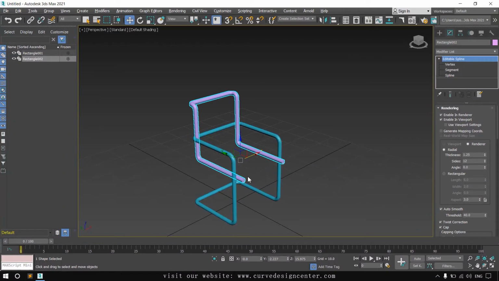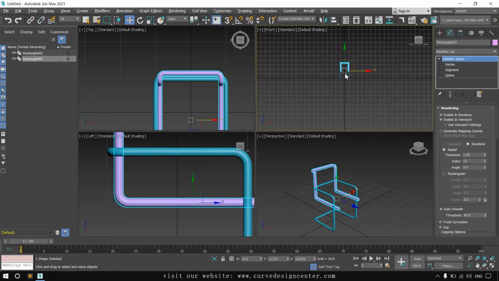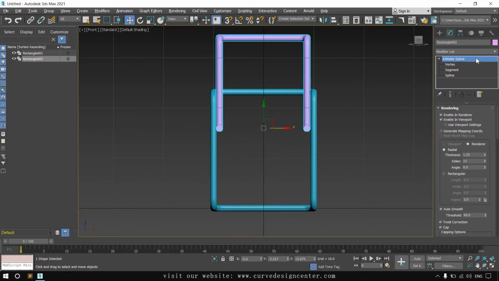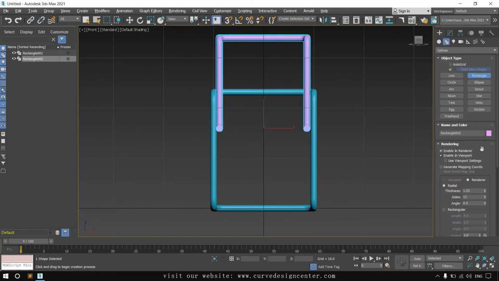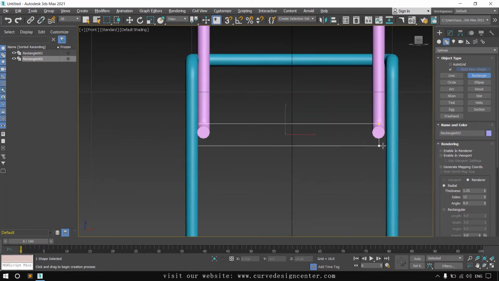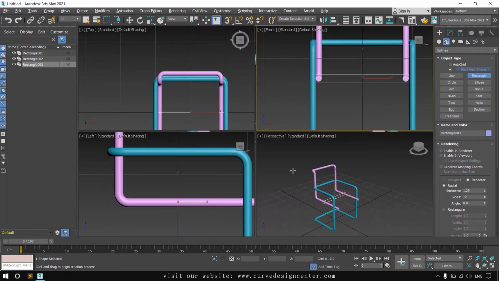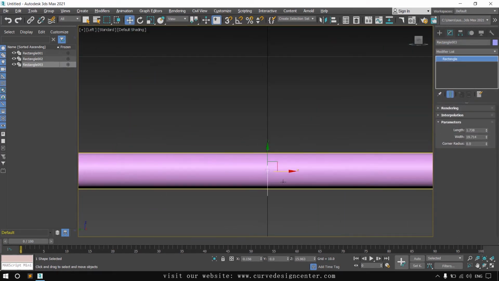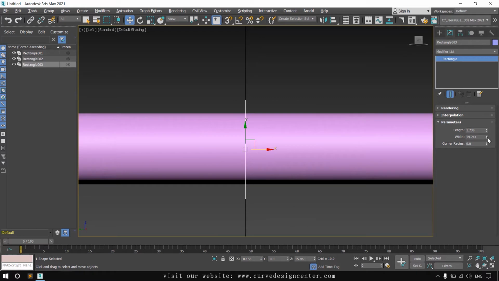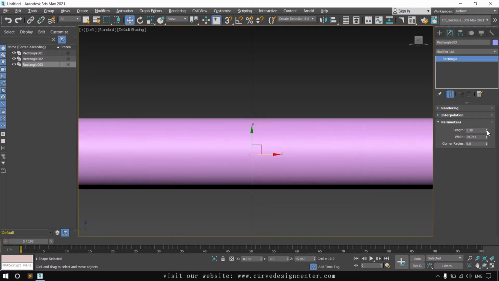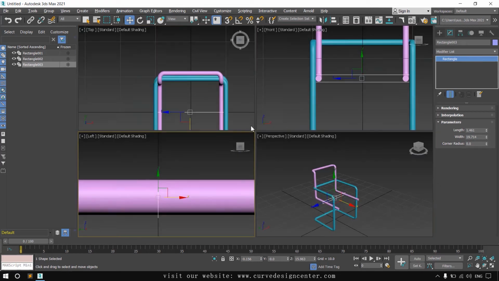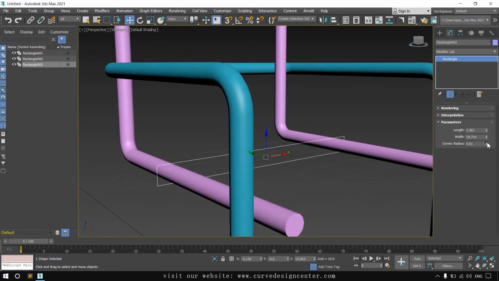Now we create the back support and this bottom one. I create a rectangle from the front viewport. Make sure this rendering option is disabled, and click and drag, and change the size of this rectangle from the front and side viewport. And also provide the corner.